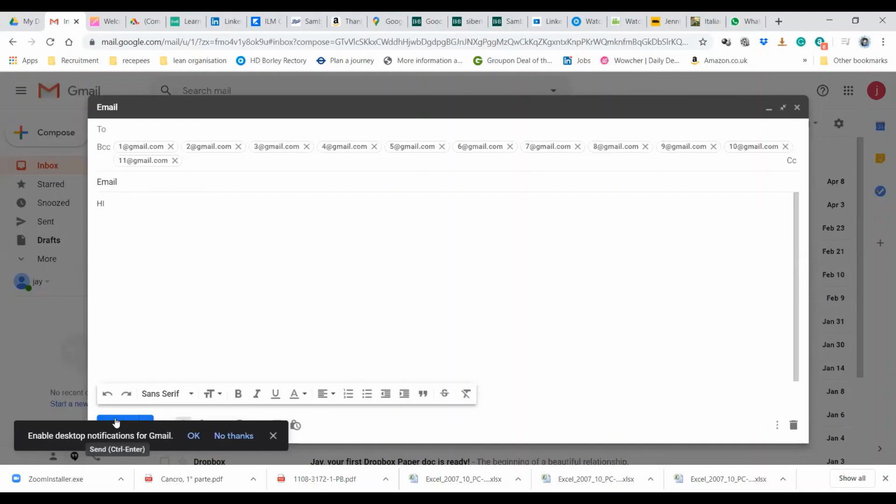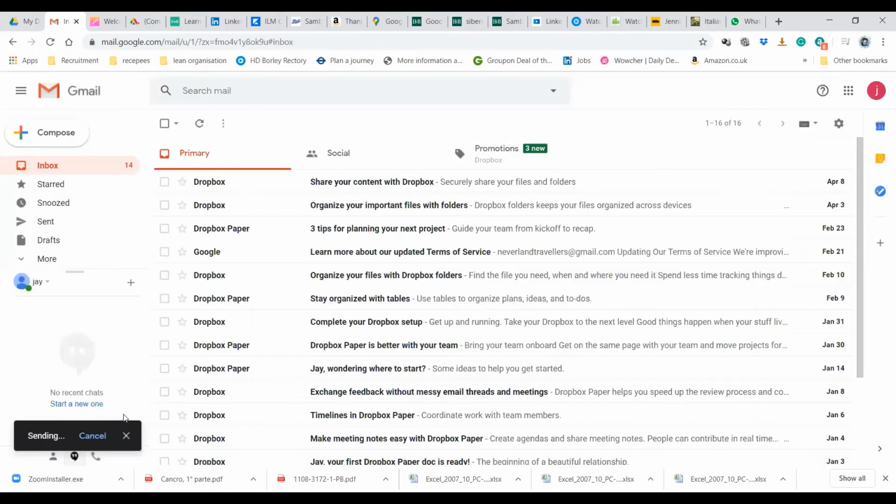You just need to write the email, and you're gonna go on the database, copy all the column with the email, and paste the email addresses in BCC, and you can just send the email straight away. So like this, you send a newsletter in 3 seconds.